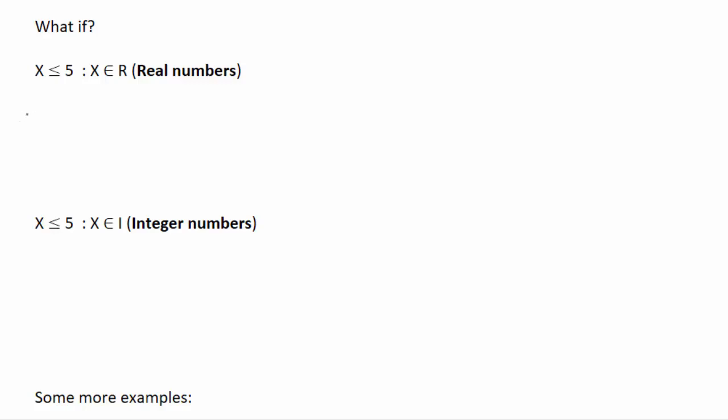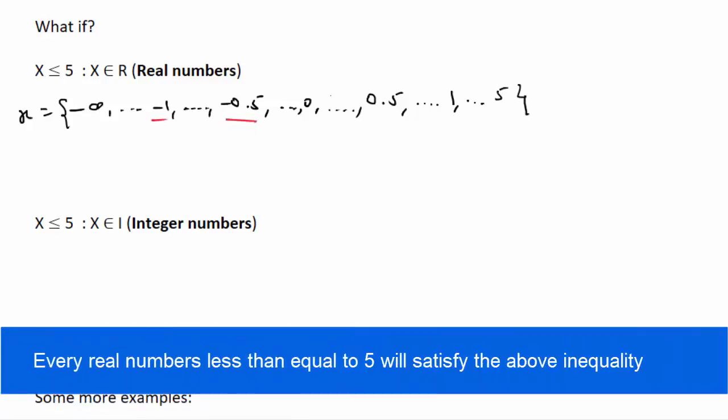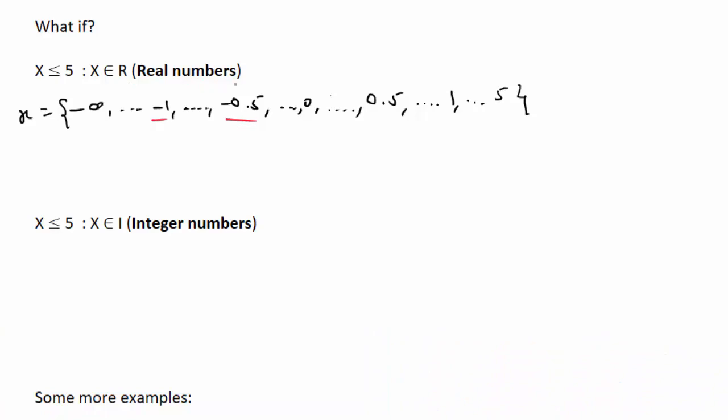So when x is a real number, the solution set will be x from minus infinity to minus 1, then minus 0.5, 0, 0.5, 1, up to 5. We are including minus 1 and minus 0.5 because x belongs to real numbers, and